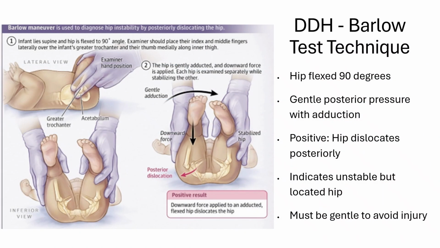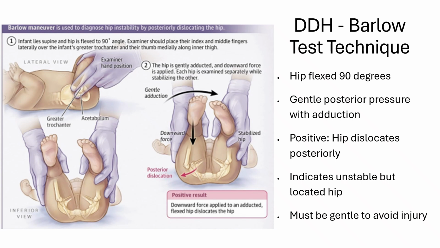The Barlow test requires precise technique to detect hip instability without causing injury to the developing joint. Begin by positioning the baby supine with the hip flexed to 90 degrees, creating the optimal angle for assessing posterior stability. Your hand placement becomes crucial. Use your thumb on the inner thigh and your fingers supporting the greater trochanter area, providing controlled leverage for the